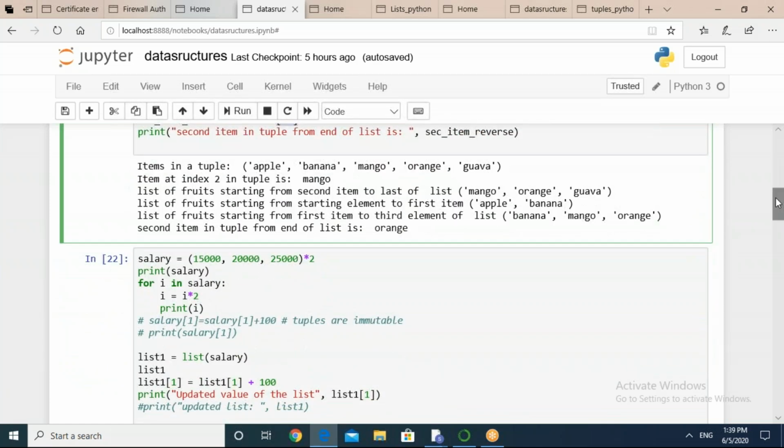उसके बाद है हमारे पास नेक्स्ट रिपीट ऑपरेशन. क्या हम इसमें कुछ रिपीट ऑपरेशन परफॉर्म कर सकते हैं? सो द सेम वी आर डूइंग हियर. salary equals to 15,000, 20,000, comma 25,000, and I am doing multiply 2. Multiply 2. So just give me in chat window what answer will come.